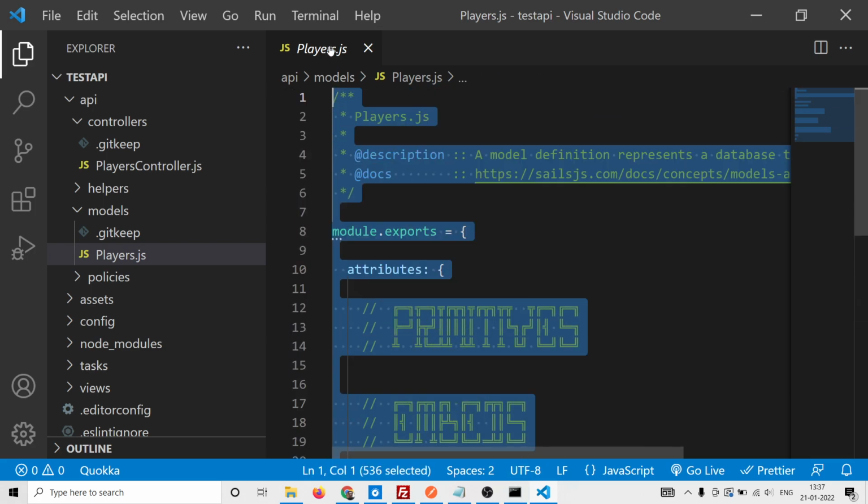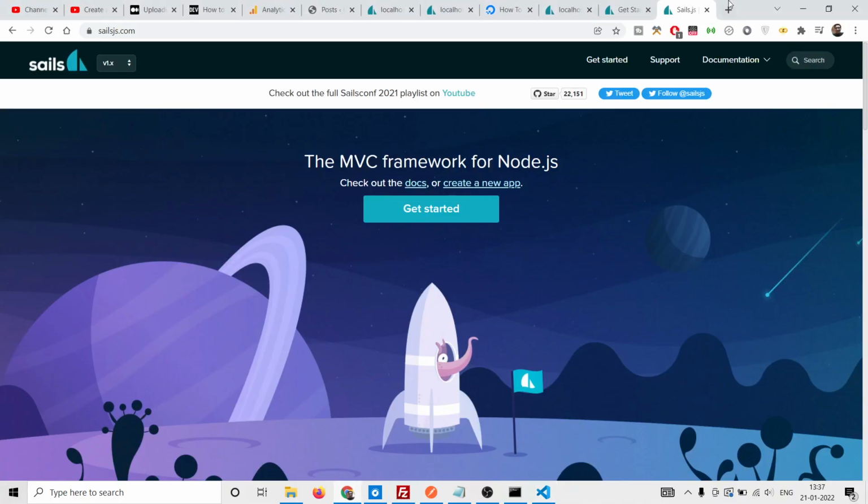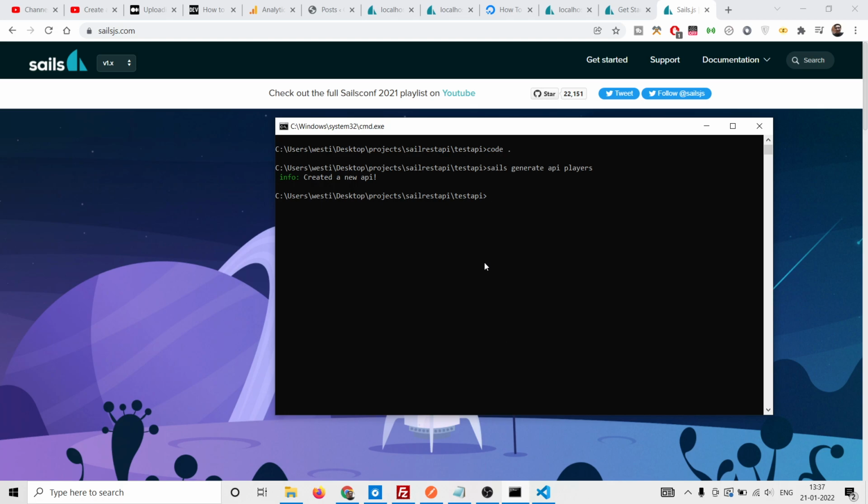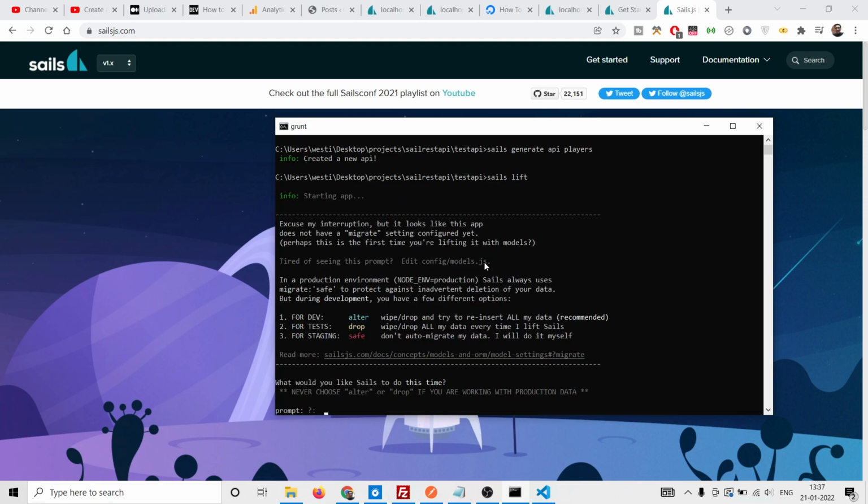But I will not show this approach. I will show you the approach which I have shown you in the demo, how to create it inside the browser itself. So now to launch this application, it is very simple. Just write this command sails lift, and now this will start this application. And now it will ask whether you need to develop it for development purpose or testing purpose or staging. If you are developing it, you just need to select the first option, which is